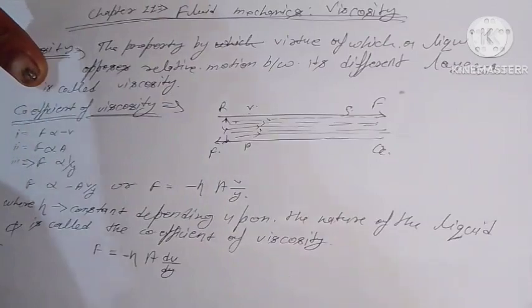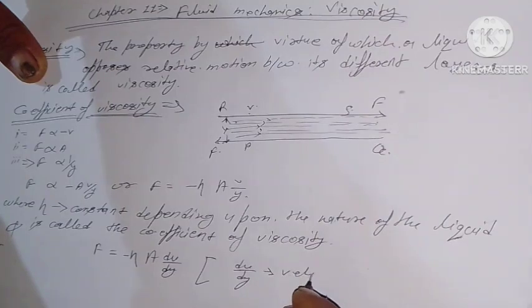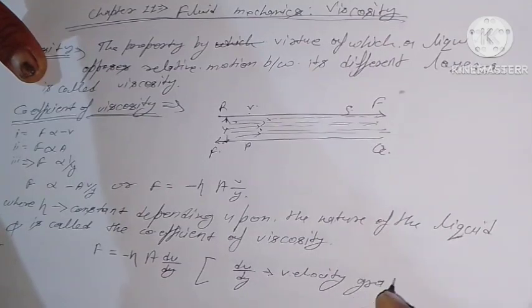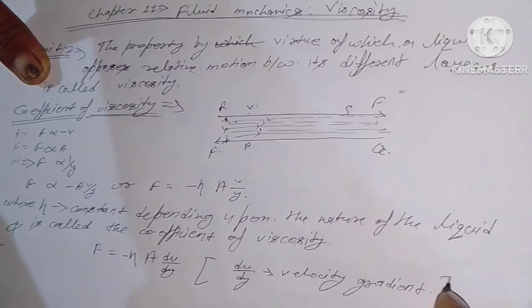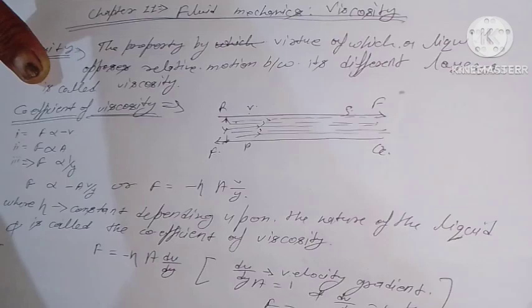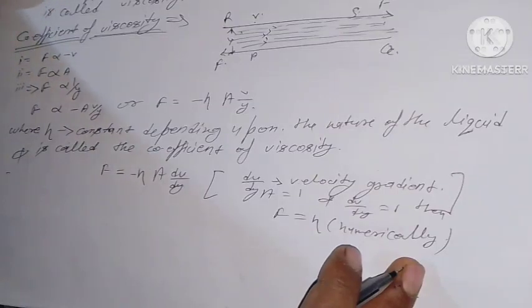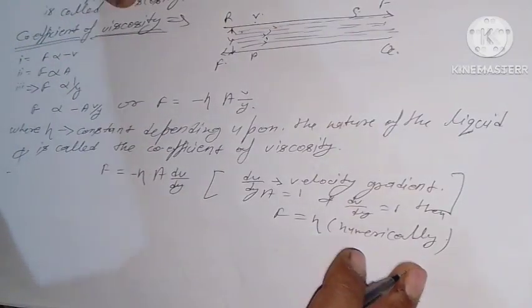dv by dy is called the velocity gradient, the rate of change of velocity with distance. If A is 1 and dv by dy is 1, then F equals eta numerically. The coefficient of viscosity is thus defined as